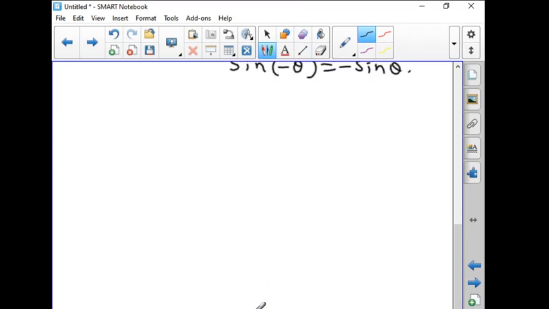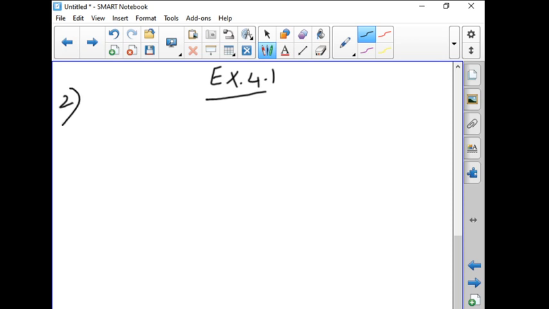Okay, so now we will see Exercise 4.1, second question. The first question we have seen already yesterday. So today we will learn the second question. Exercise 4.1, second question. The first subdivision you can take for homework. The second subdivision we will do. So y is equal to minus sin 1 by 3x. It is asked to find the period and amplitude. So we will see the definition first.